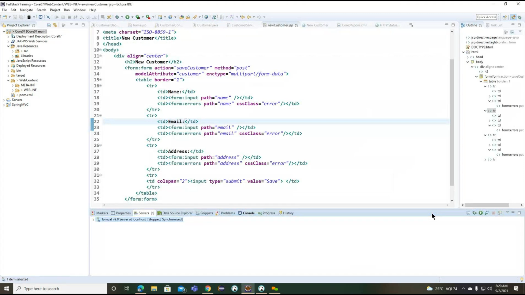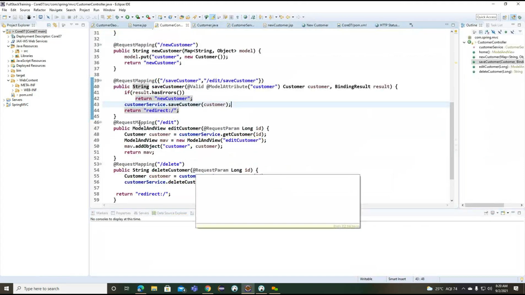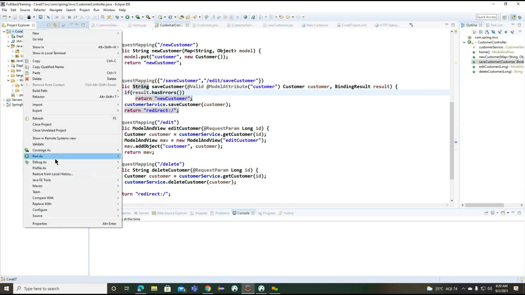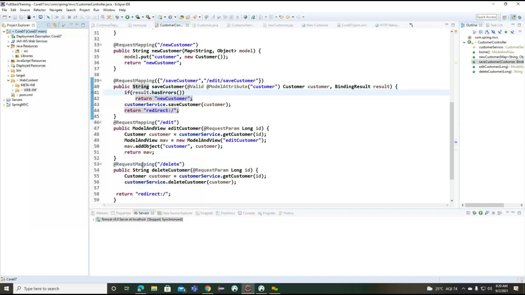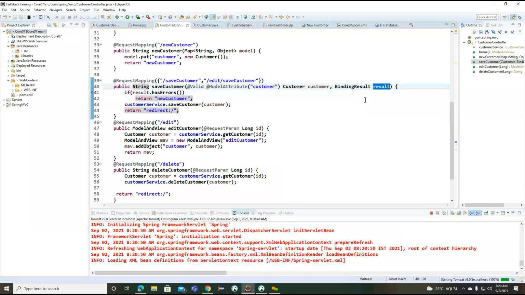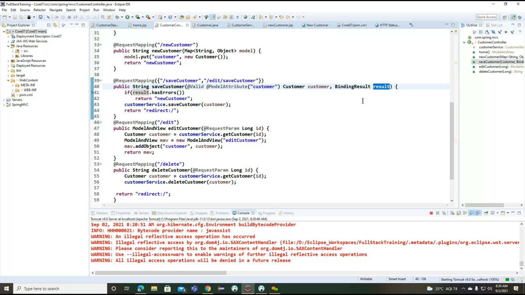Save. We'll try to run the application in the debug mode. Here I want to make a breakpoint. We need to understand here whether this particular binding result is returning any values or not.